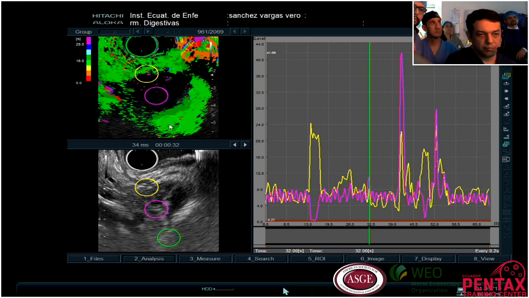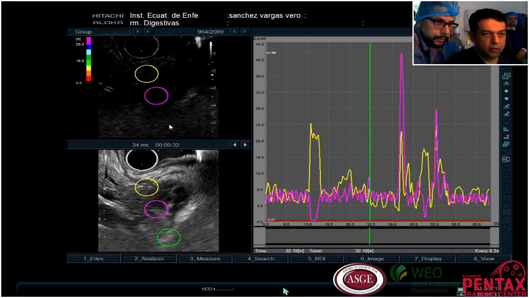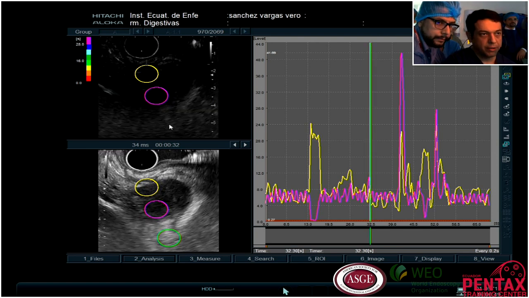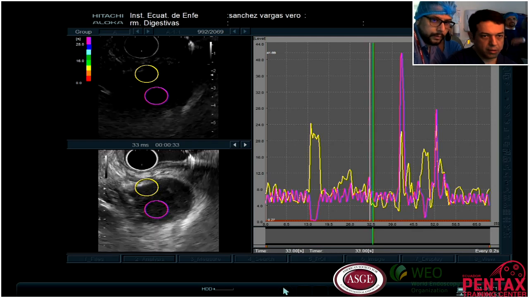Dependiendo de la curva donde estemos, en el momento, eso se puede diferenciar, entonces va cambiando de color. It will depend on the time and the frame. Podemos analizar de pronto esa que está en el pico.